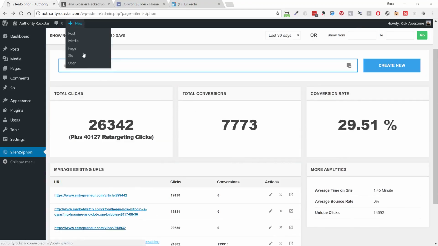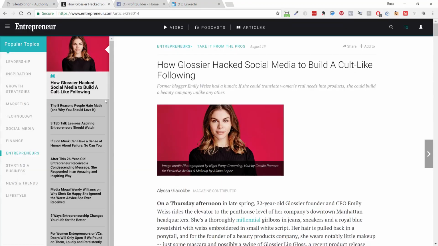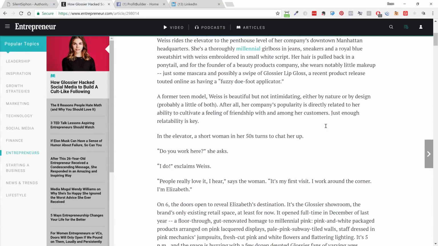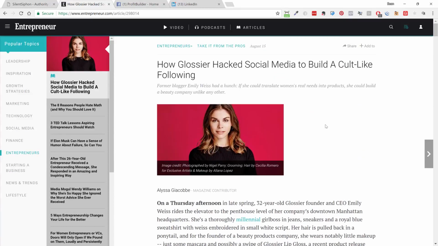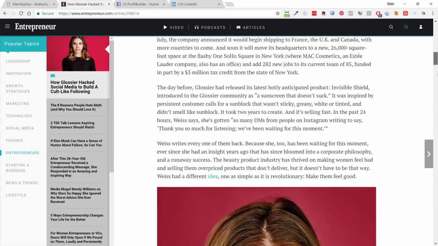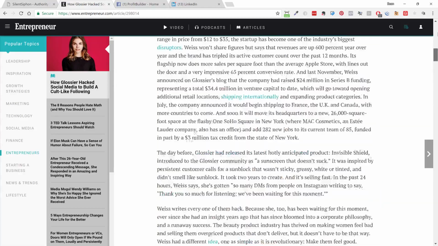So I've already got an article I want to share up here. And again, this is good for a good business article. I want to find content that is going to provide value to my target audience, that is going to be very enticing, that they're going to absolutely get a lot of value out of. So I might, again, just check it, make sure it's all cool, make sure it's something that I find valuable,